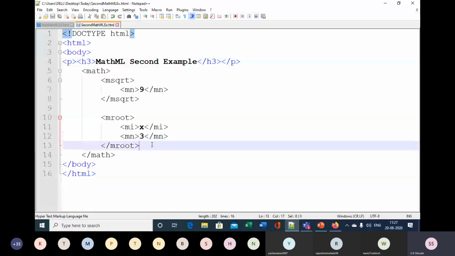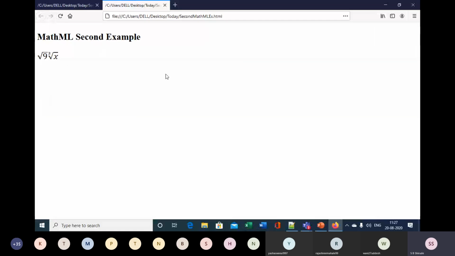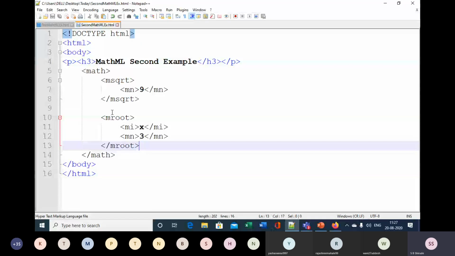So let me put here some space. Ampersand nbsp. This character entity we also saw in the previous session. So I will put some spaces over here and then launch it in Firefox. Can you see that after the square root of 9, we have the root of x and its index is 3?